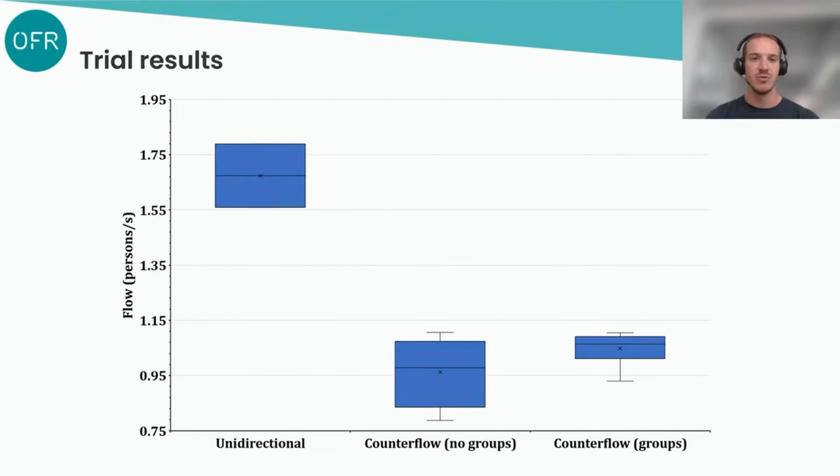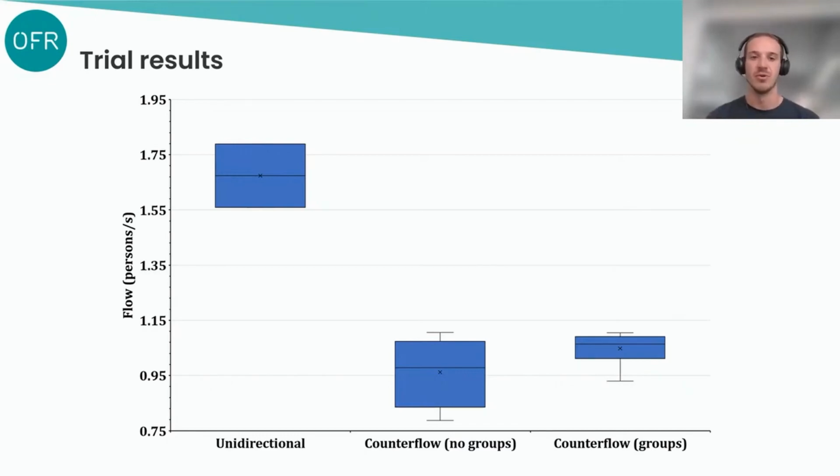Briefly then at the trial results, the results are shown here in box and whisker diagrams. First with the unidirectional flow with a mean of 1.67 persons per second, as shown on the left-hand side, and then the counterflow with no groups and counterflow with groups. The counterflow with groups had a slightly higher mean flow of 1.04 persons per second compared to 0.97 persons per